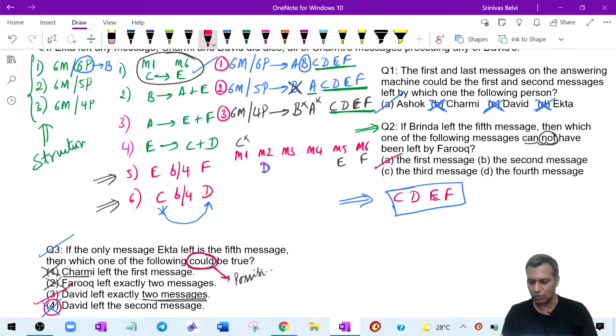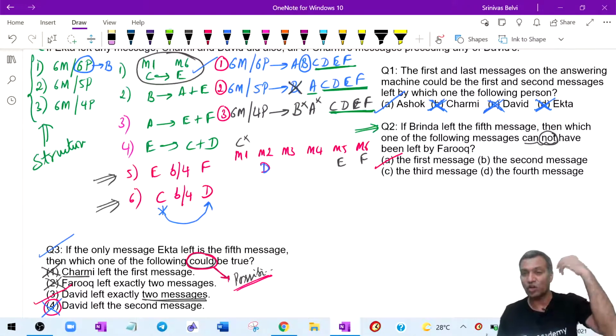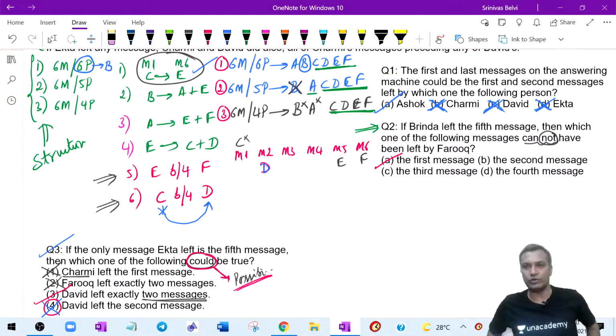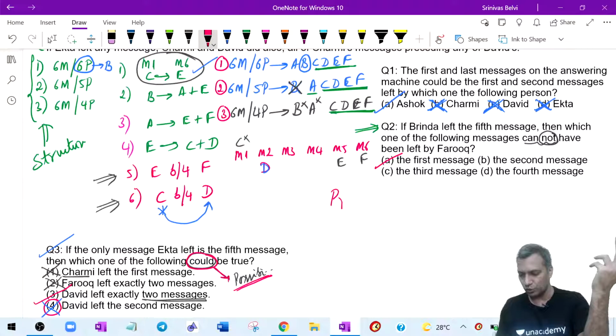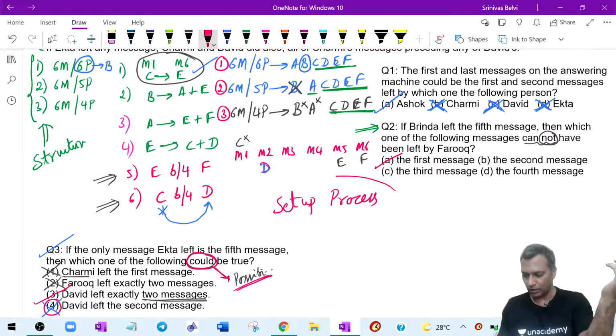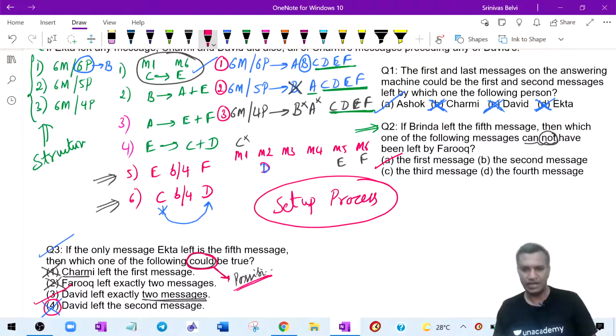CAT most of the time talks about the possible, impossible, maxima, minima. These are the ones CAT will be more interested in. Honestly, CAT is more interested in such things, because that is what builds the algorithm in your mind, because you will come out with the processes. Once you become managers, do you execute the process or do you set up the process? You generally end up setting up the process, which is time saving and at the same time cost saving. Most efficient processes is what you set. Once the process is set, it is going to be executed either by people or by machines.